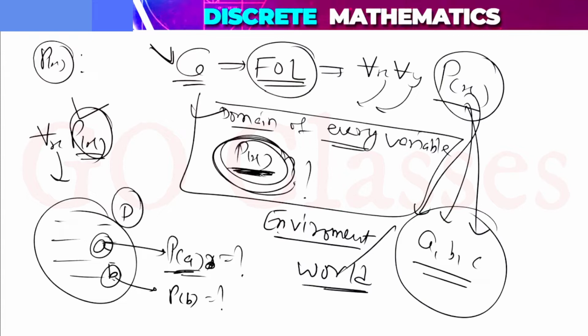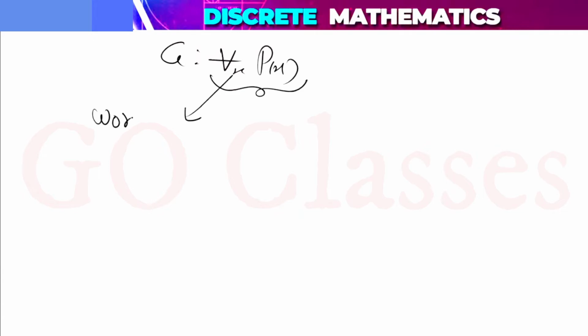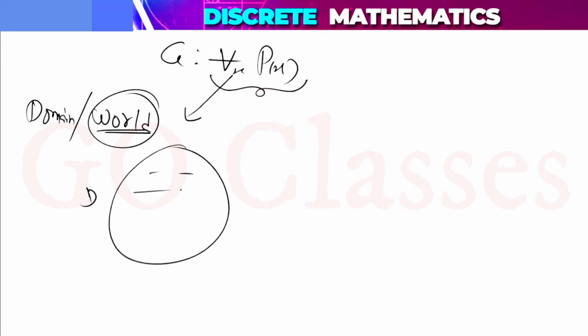Now you might be wondering why I am not calling it interpretation. So let me tell you why. What are the things that we are using? This is your formula. For this formula, first I will give you a world. What is a world? World means basically domain. I will give you a domain of x, let's assume this is the domain of x. So this is the world. In this domain, I need to give you